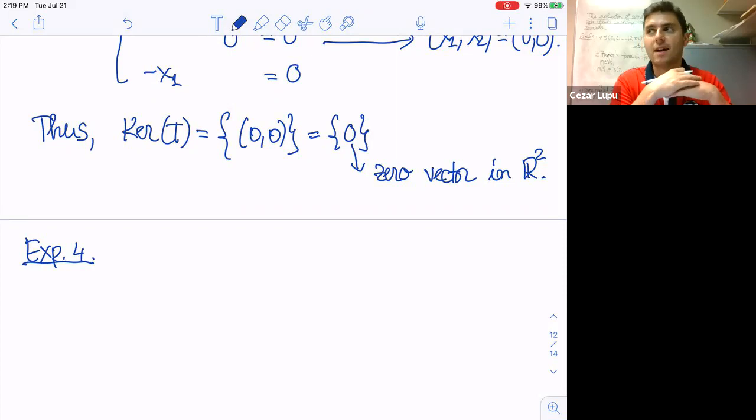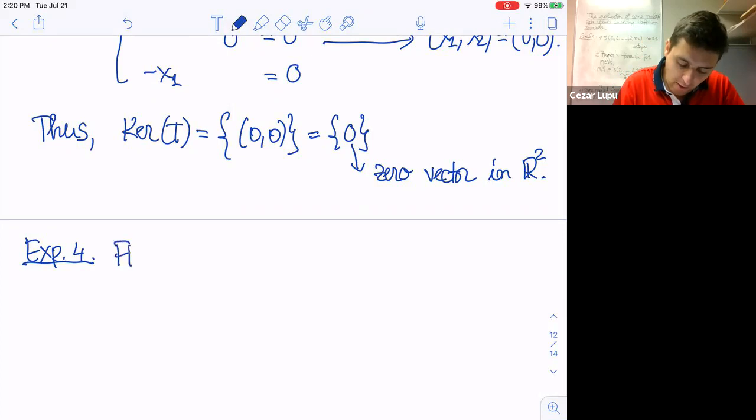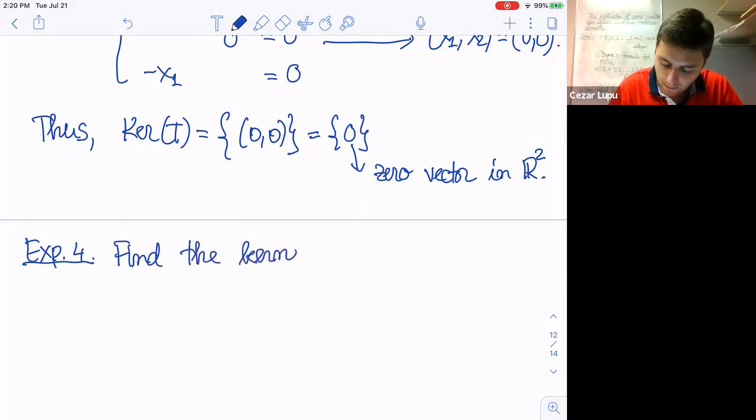We said last time that we can represent a linear transformation in matrix form. So we will want to see one such example to find the kernel of one such linear transformation. So find the kernel of the linear transformation